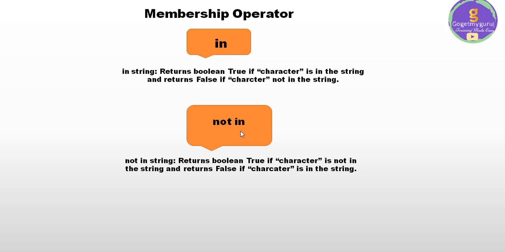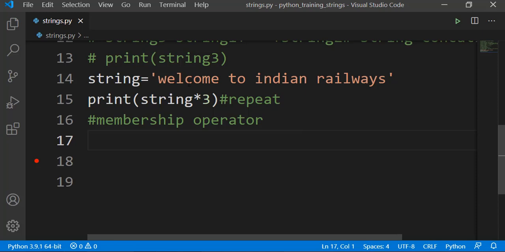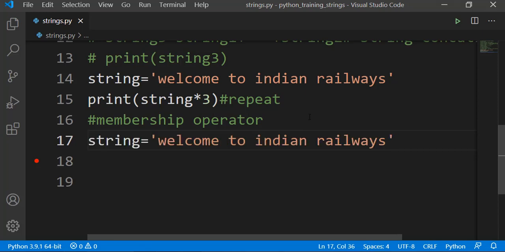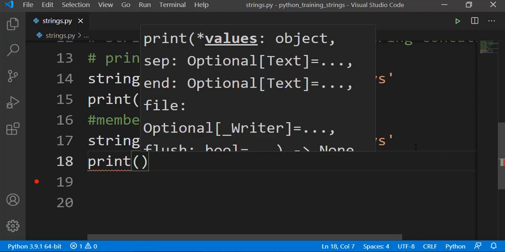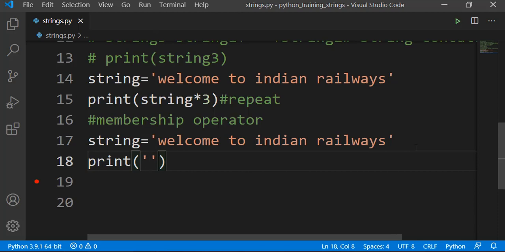Let's see how we can implement this along with strings. Now let me take the same string here. I am going to search whether "Railways" is in the string or not. So how can I do that? Let's say print, and then give the character which you want to check.